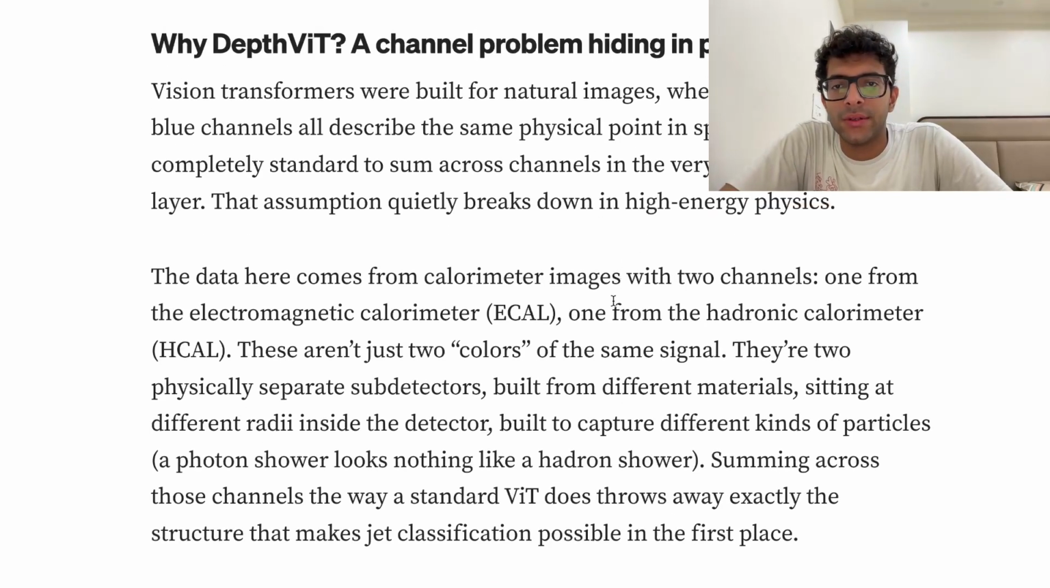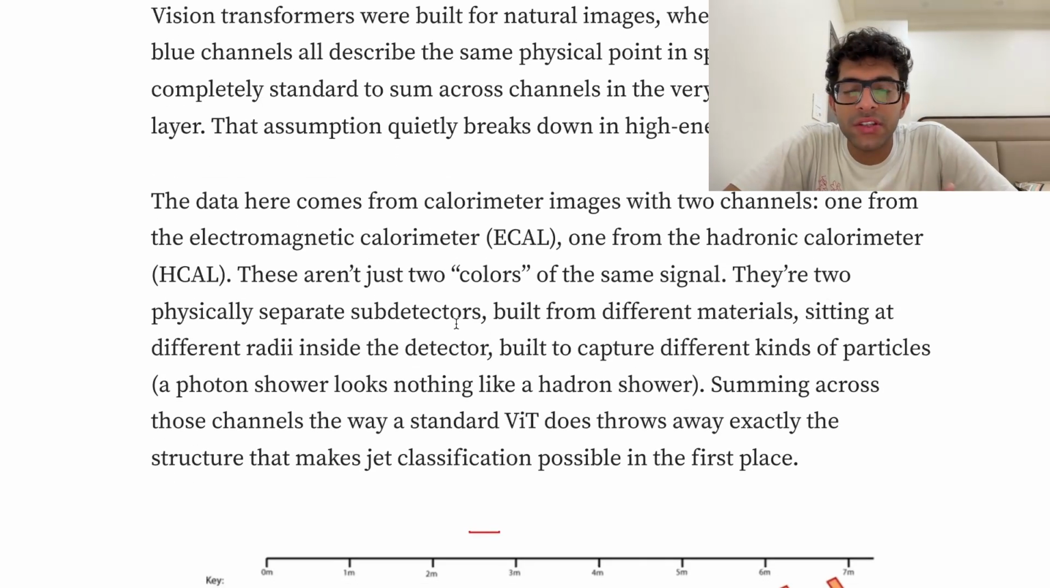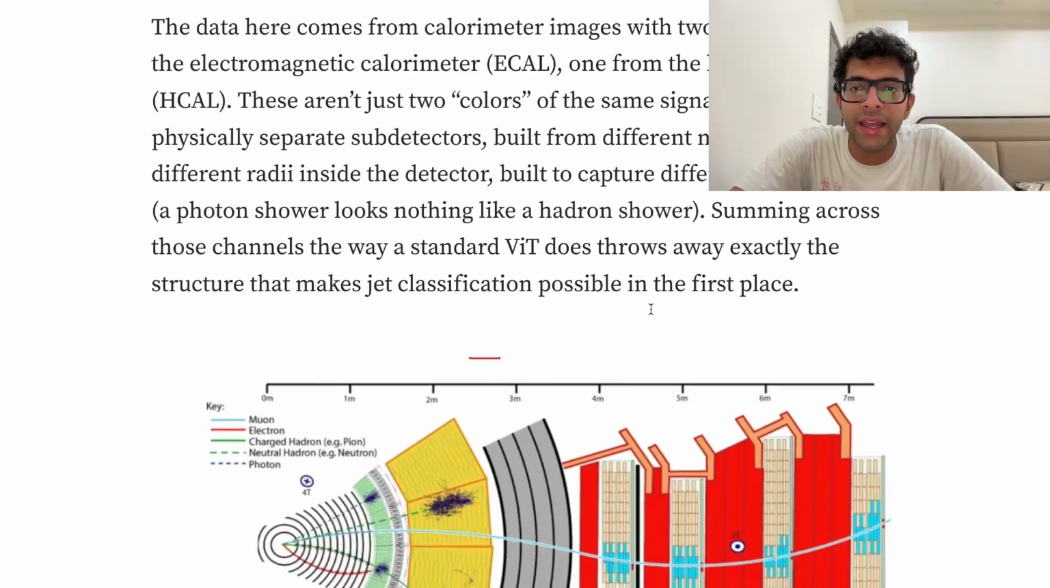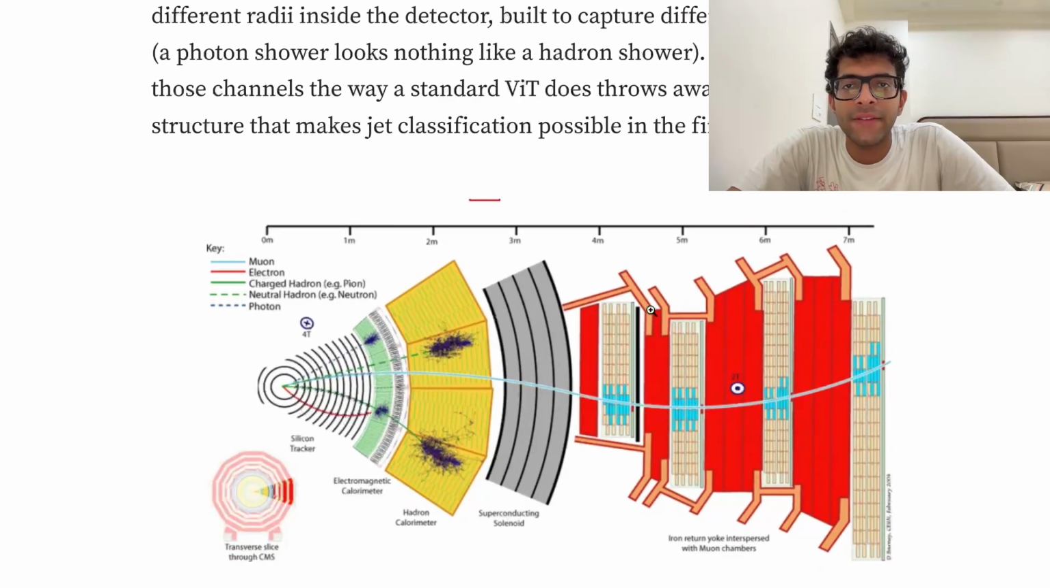Like I told you, I gave you an example of a thermometer and a barometer. In this case, those two instruments are an electromagnetic calorimeter and a hadronic calorimeter, right? So these are not just two colors of the same signal. They're two physically separate sub-detectors built for different materials, sitting at different radii inside the detector. If it makes sense,